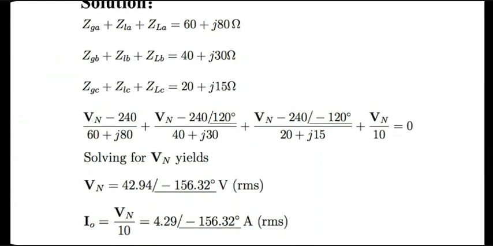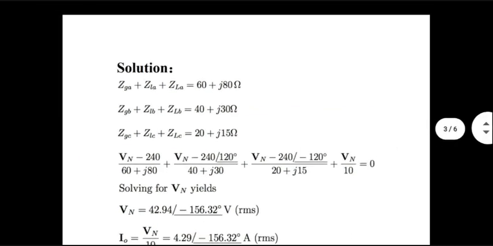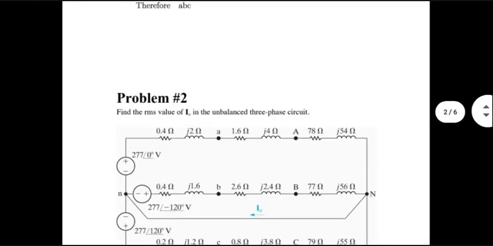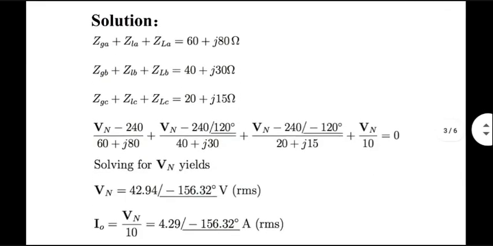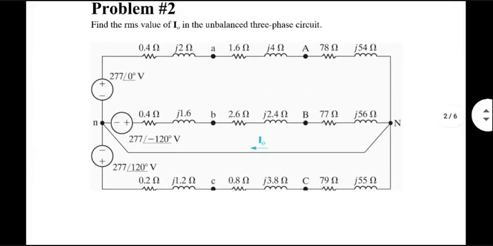The message is that for an unbalanced system, by the way, these things are normally done using simulation tools. In real life, at least, nobody has time to do complex calculations. Simulation tools do help in ensuring accurate and fast calculations. And I'm slightly doubtful whether these calculations are correct. You'll have to verify them yourself. But the conceptual message is that VN will not be 0. That's for sure. Okay. They are actually assuming 10 ohm impedance in the neutral wire, which they forgot to show in the diagram.